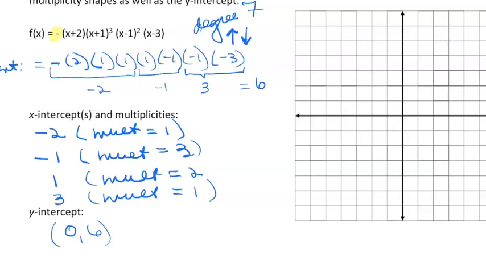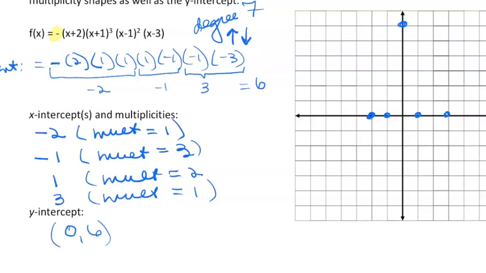Okay, so now let's start putting in the important landmarks for my graph. So my x-intercept is negative 2. I'm going to put a little dot here. I'm going to count by ones. Negative 1, I have another little dot here. I have a positive 1, and I have a positive 3. And then I have a y-intercept, 1, 2, 3, 4, 5, 6, of 6. So I know I have to go up,